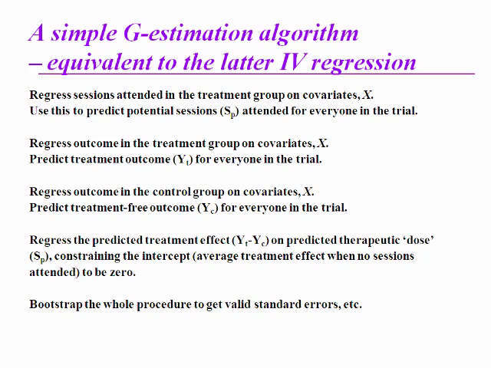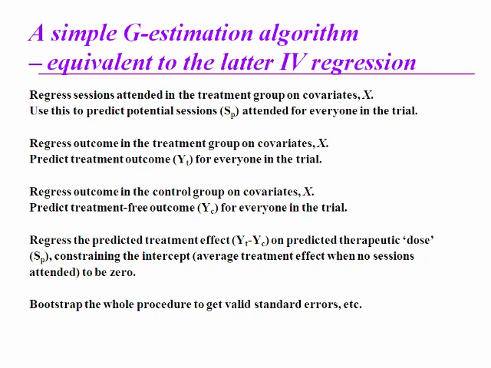So what we do is we regress sessions attended in the treatment group on the covariates. Can we predict how many sessions people attend in that group that have been offered therapy? And then, it's an imputation procedure in a sense, we use that regression model to predict sessions attended in everybody in the trial. So we have a predicted value for the people in the treatment group, and a predicted value for those people in the controls. So, a bit like the propensity score business, we could match. We've got people with a predicted value of 10 sessions. What's the difference in outcome?